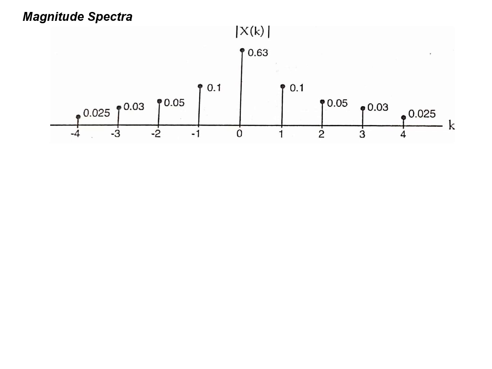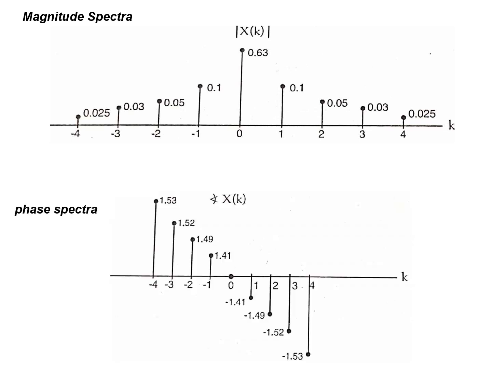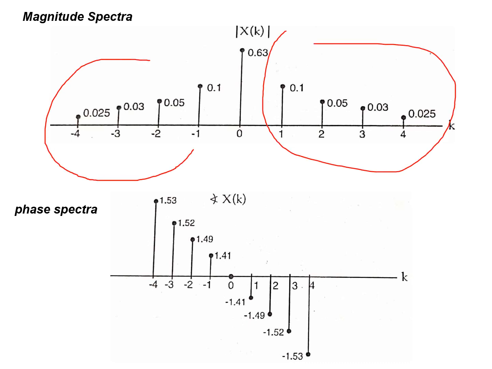This is how the phase spectra and the magnitude spectra of the signal are. If I plot the phase angle versus frequency, you see the DC component has zero phase, and the fundamental component lags the reference by 1.41 radians. As the harmonic number increases, the angle of lag keeps on increasing. The phase spectra is always antisymmetric, because one is a lagging angle and the other is a leading angle. I have seen here that the two magnitudes are the same, they only oppose in phase. Compared to these values, these values are always opposite in phase.